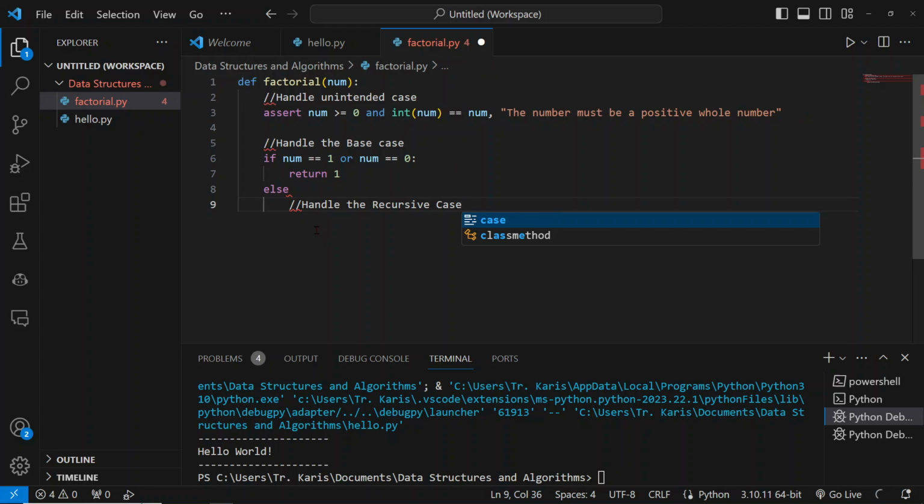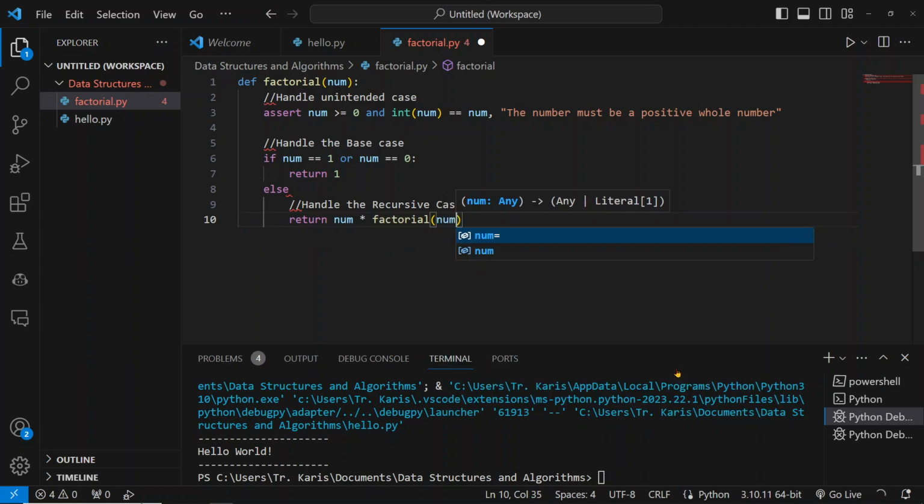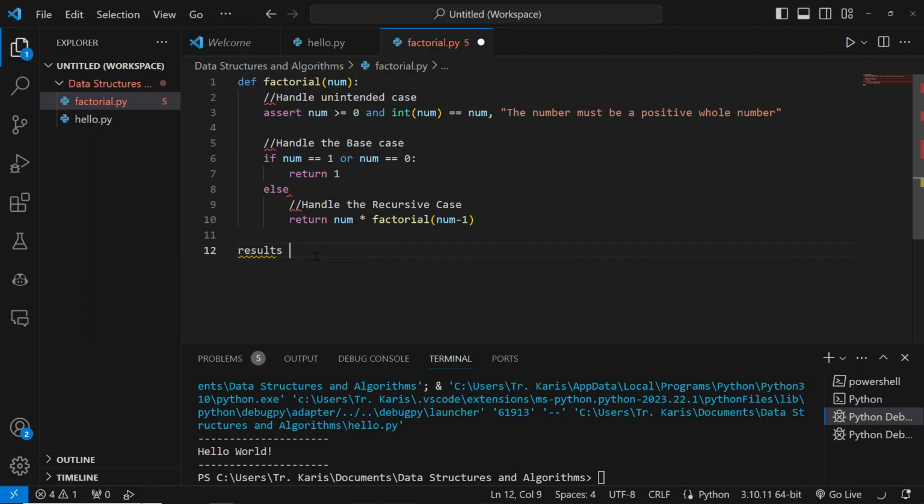Our recursive case should be num multiplied by, then we call the same function, factorial of num minus 1, just like that. Then outside the function, we can tell we are outside by the indentation. We can declare a variable called results, call that particular function and pass it, for example, 3. Then we can print